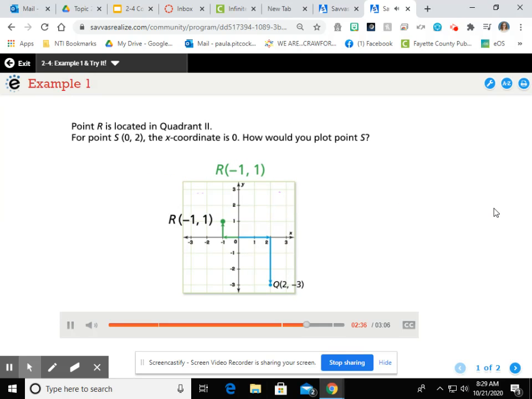Point R is located in quadrant 2. For point S, 0, 2, the x-coordinate is 0. How would you plot